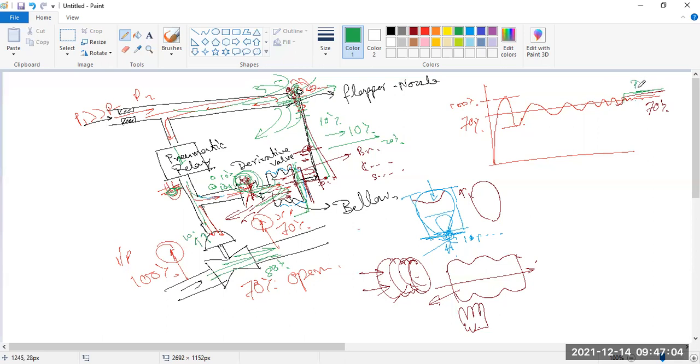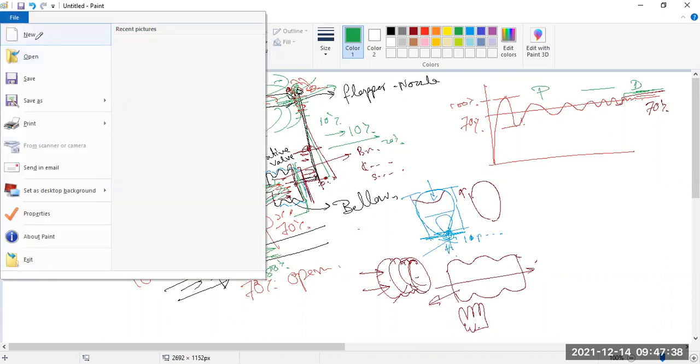So this is the derivative action, and this is the forward proportional action. So ultimately, this control action implies a P and D control action. Okay, so guys, if you have any questions, you may ask me. Otherwise, I will go for the P and I control action. You have seen that this valve is working as a derivative valve, and this action is working as a proportional action. So we are going to the P and I control action.